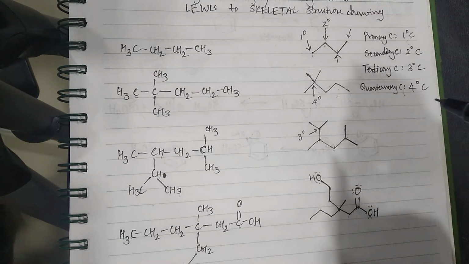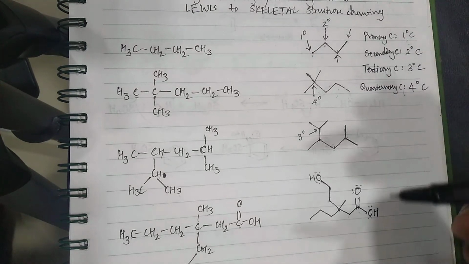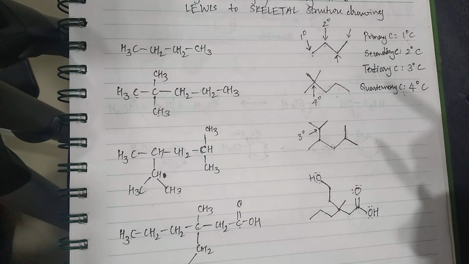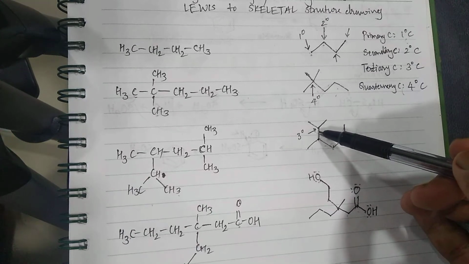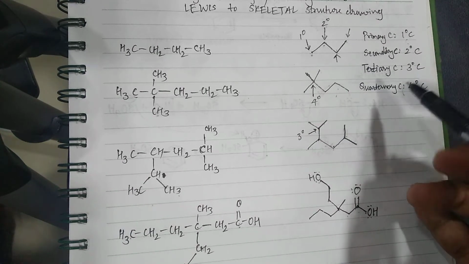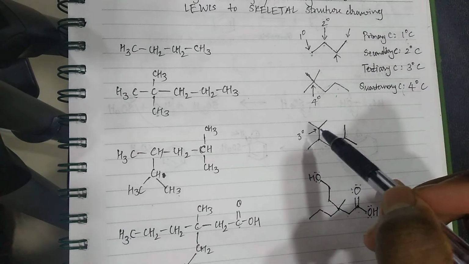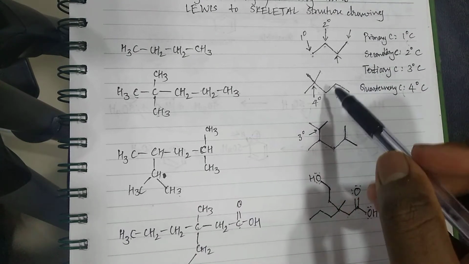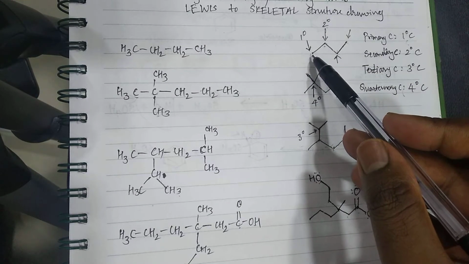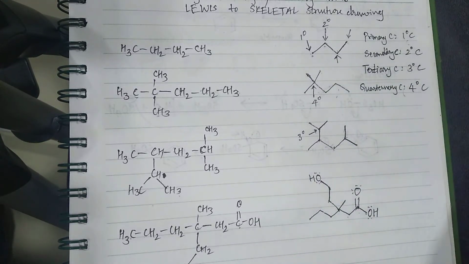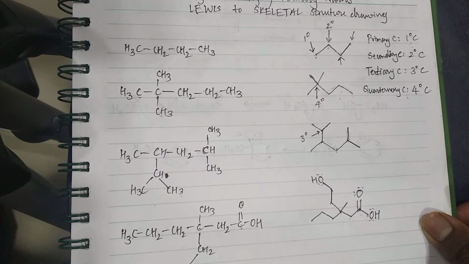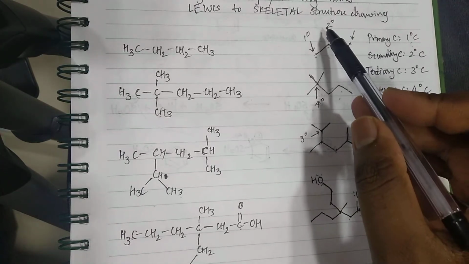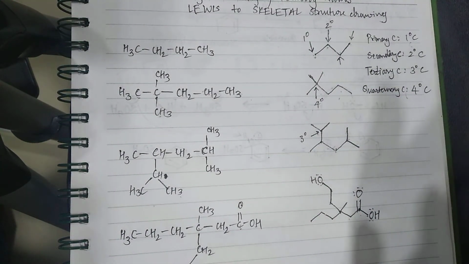Also, reactivities and all these factors in organic chemistry depend upon the nature of these carbon atoms. For example, if you have a tertiary carbocation, a carbon atom which is positively charged, a tertiary one is more stable compared to secondary, compared to primary. That is one of the theory topics in organic chemistry. We'll see if we can do it sometime later. So it's very essential that we understand what is primary, secondary, tertiary, quaternary.